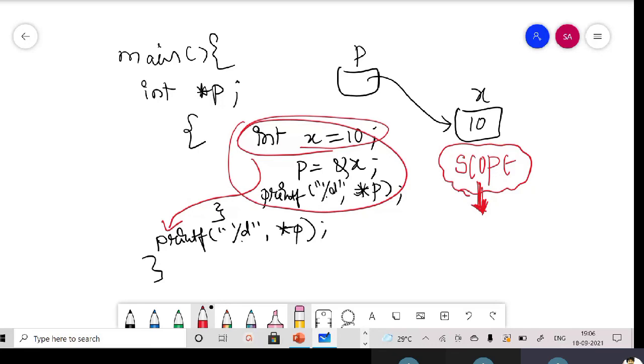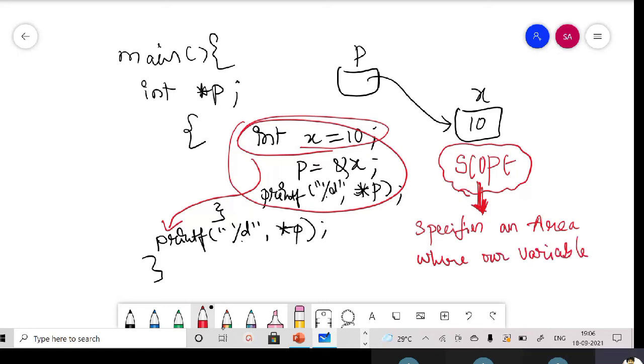Okay, yeah, so what exactly is scope giving you? It specifies an area where our variable can be accessed.